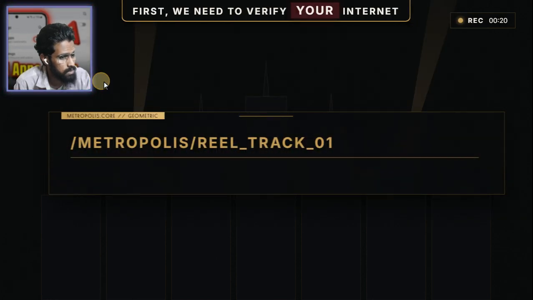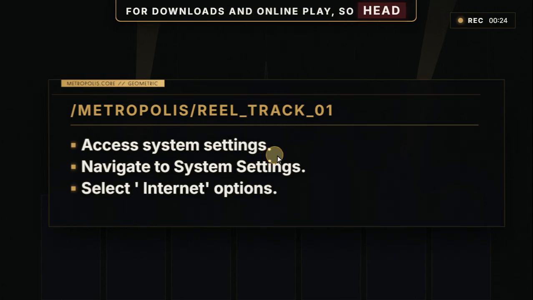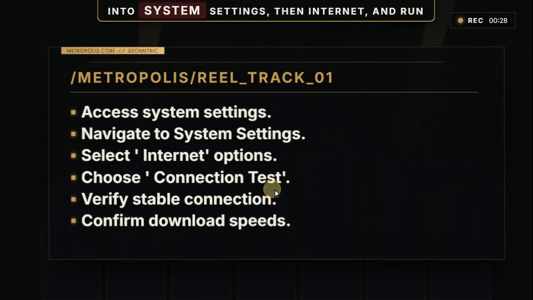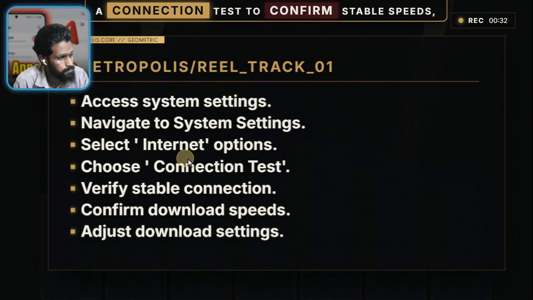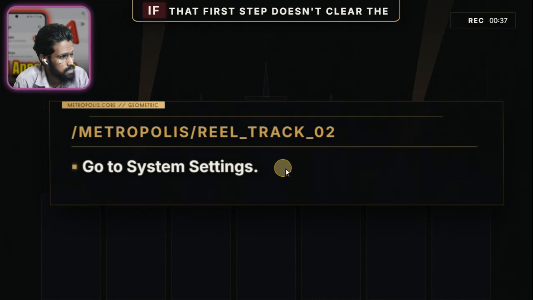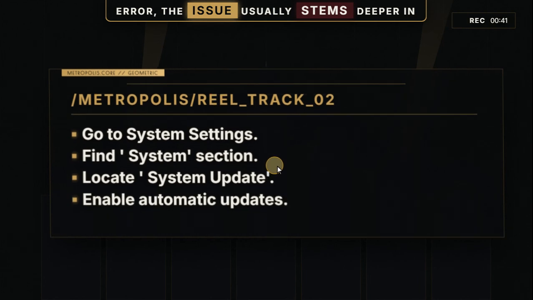First, we need to verify your internet connection is solid, as this is crucial for downloads and online play. So head into System Settings, then Internet, and run a connection test to confirm stable speeds, which is vital for efficient game downloads. If that first step doesn't clear the error, the issue usually stems deeper in system permissions, which